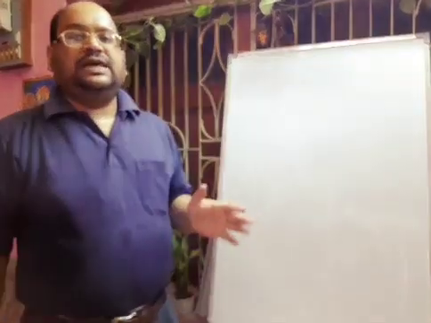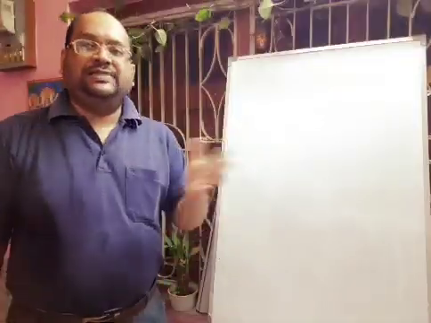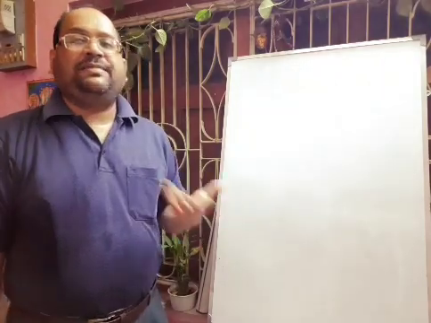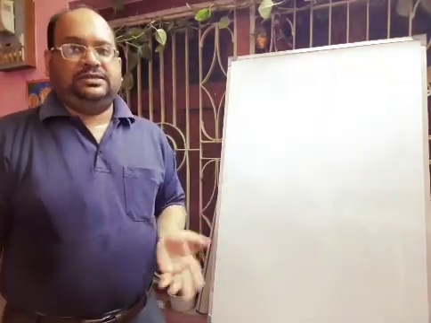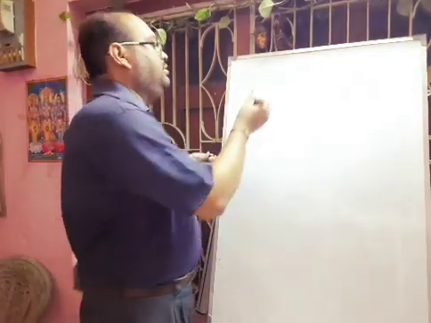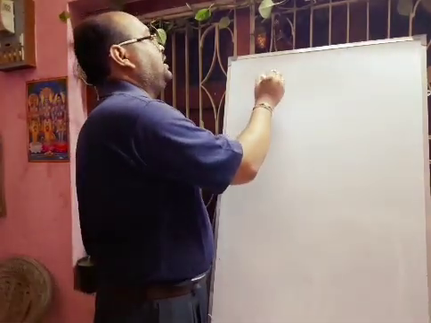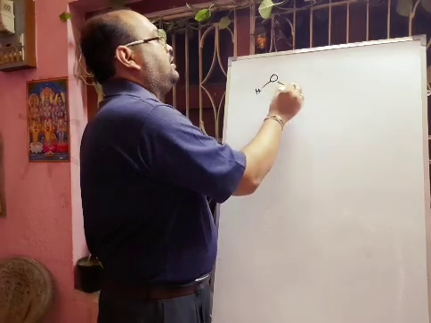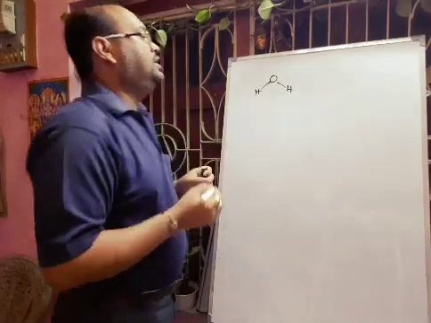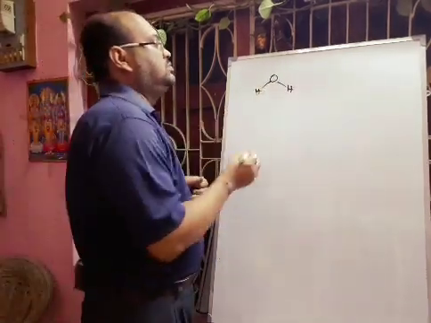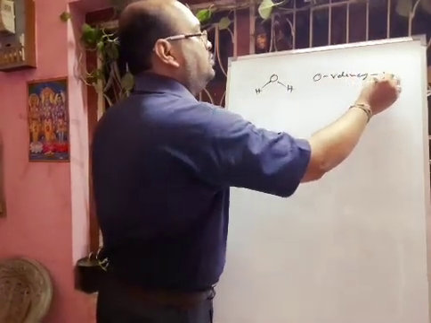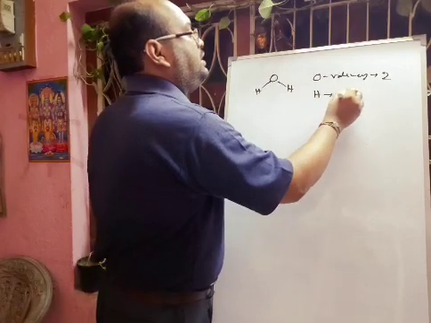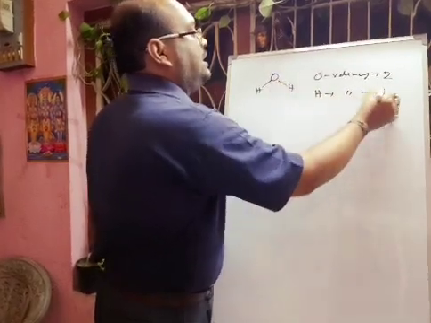So then I will discuss about the valency. What is valency? Valency is the combining capacity of one element with the other elements. Suppose if I give you one example like water. Here oxygen is combining with 2 hydrogens. So valency of oxygen is 2. Oxygen valency 2. But hydrogen is combining with only 1 oxygen atom. So its valency will be 1.